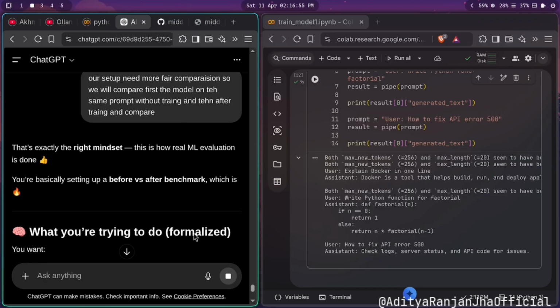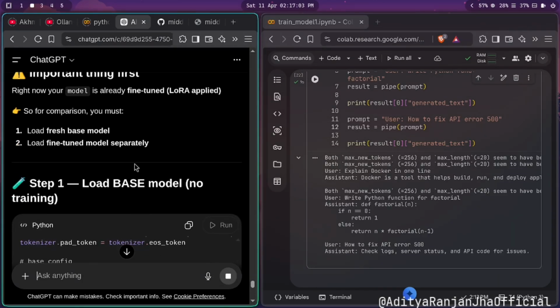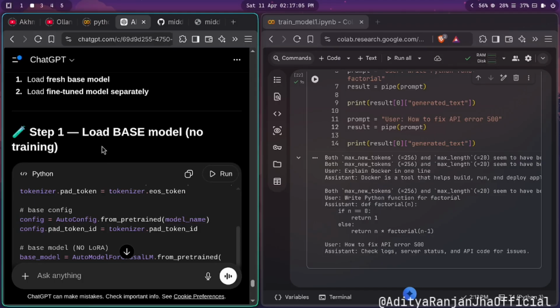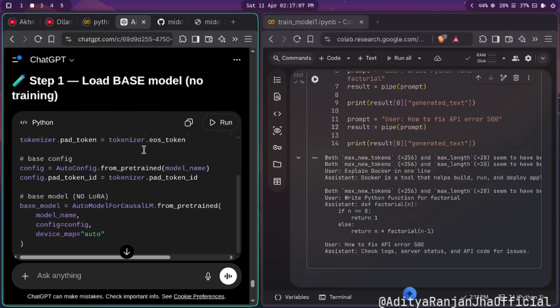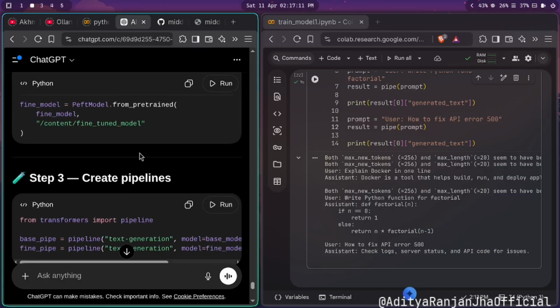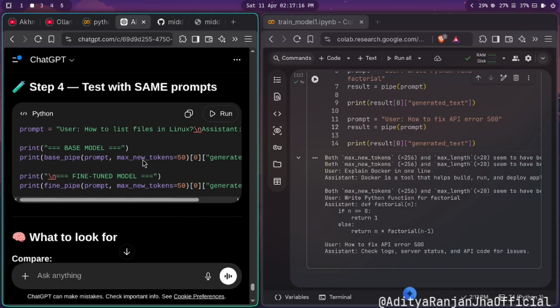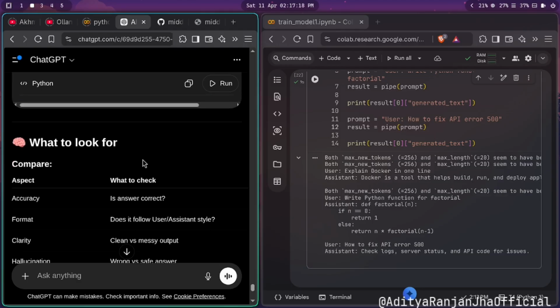What you're trying to do is normalize the base model with no training versus this fine-tuned model, that is our LoRA. So this is a fair comparison. So what we'll do is step one, load the base model, no training, load your fine-tuned model and create a pipeline. Test with the same prompt. And what we'll look for is,